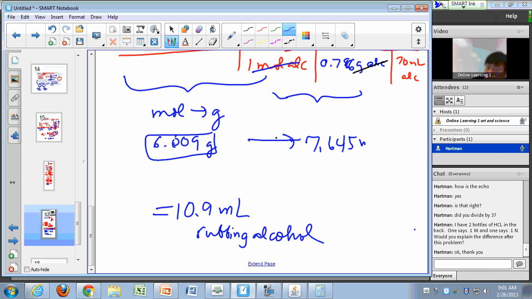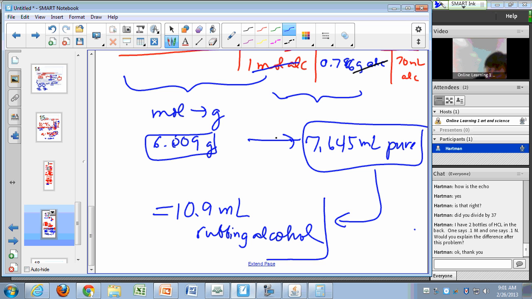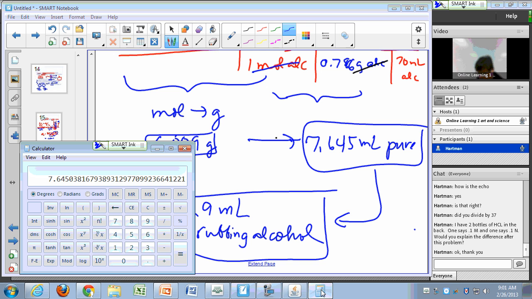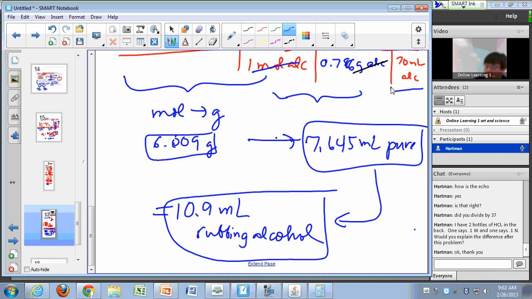7.645 mils of pure. And then from that, you figure out that that's only 70% of 10.9, which is what you need. So the last step, you say 7.645 divided by 70 times 100. That's 10.9. Okay, so that last step right there, you're changing it from the pure amount to the actual amount